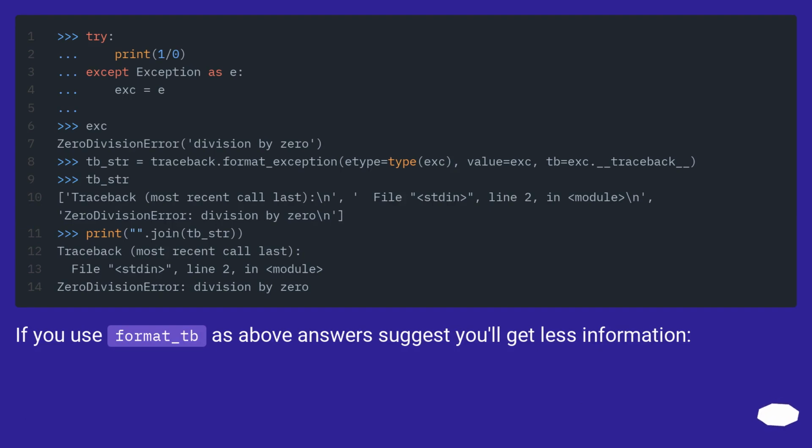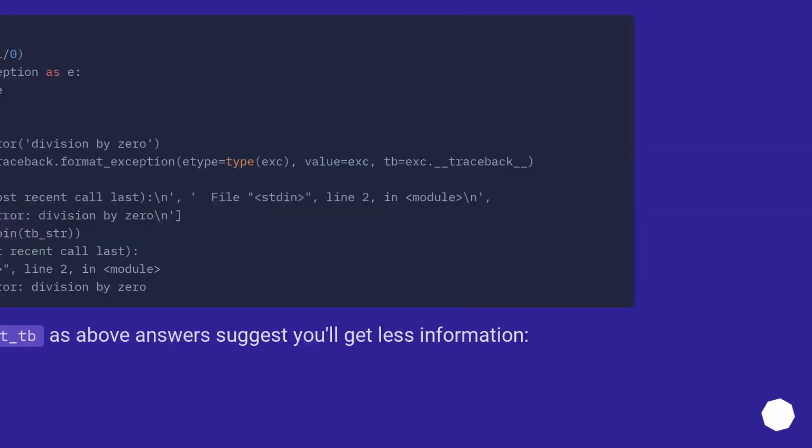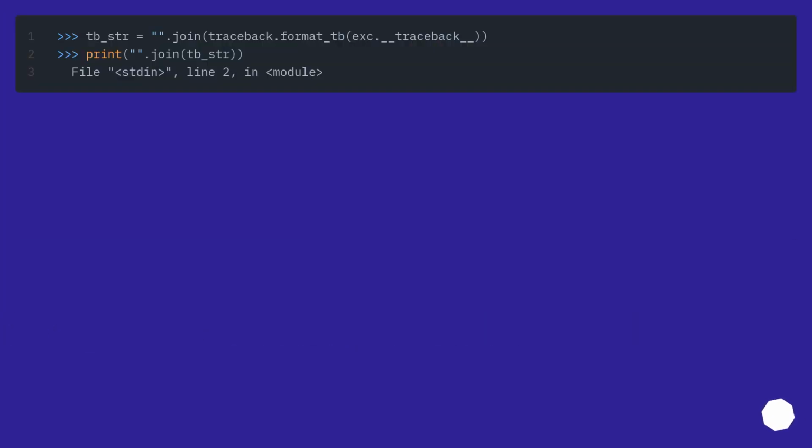If you use format_tb as above, you'll get less information. If you want to see more